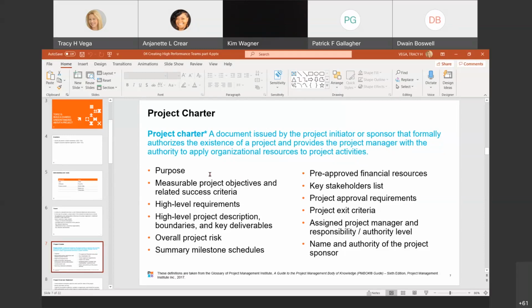We're talking about what the requirements are for the project, and what the description of the project is. You might get into some of the risks. Is there money out there? Do you have a key stakeholder list yet? The stakeholders can change as this goes along. You have the right approval, so you can pull the people over that you need, and you have the authority to sponsor the project.